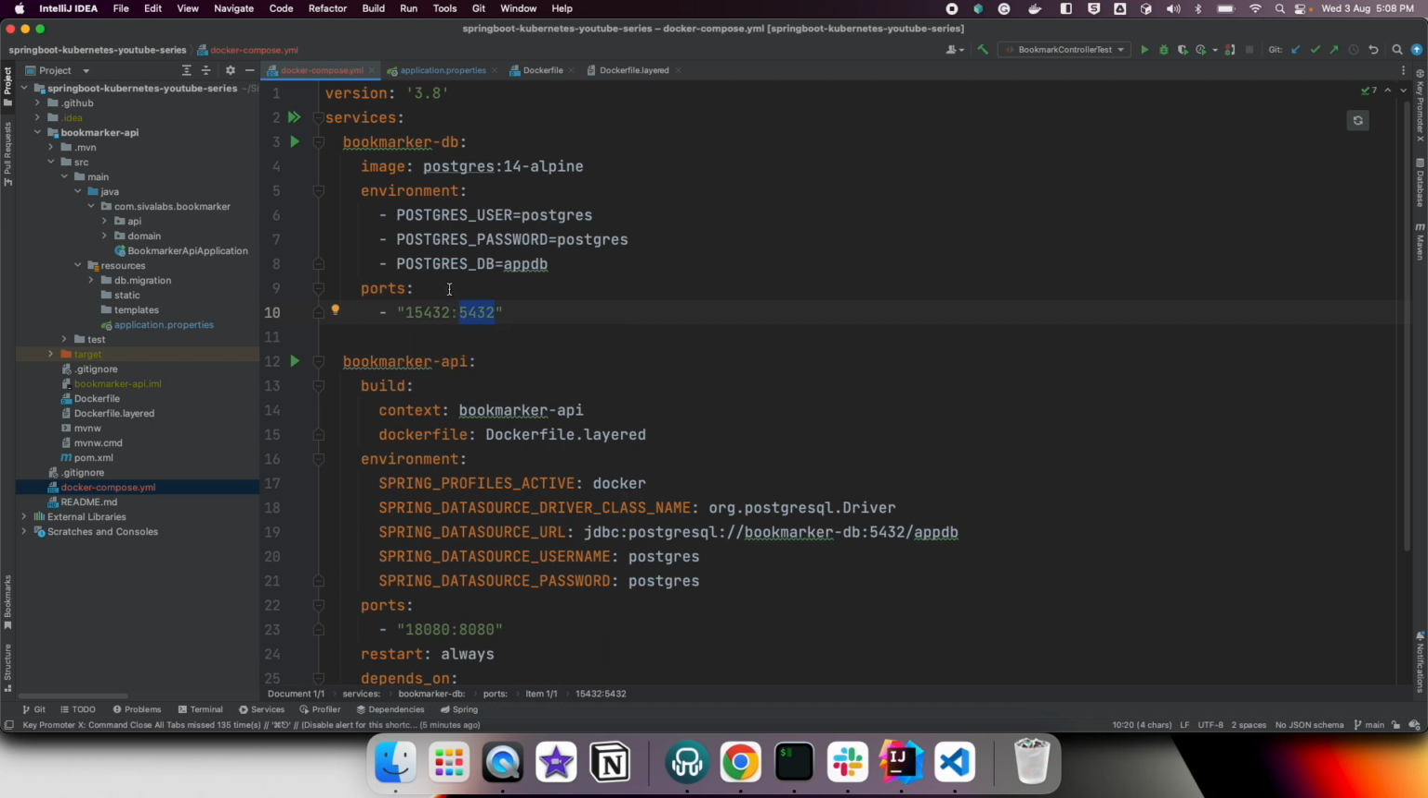This is the tricky part. When we map 15432 from host to 5432, you can connect from the host machine using this port number. But when you are talking from one container to another, you take the logical hostname and use the actual container port, not the host port. Okay, and we specify the database name,